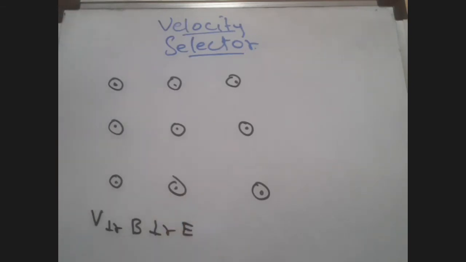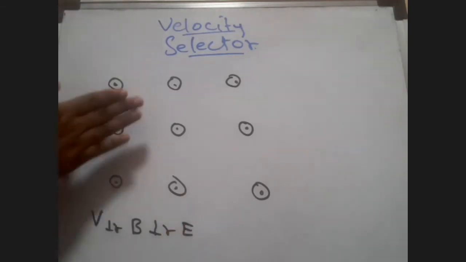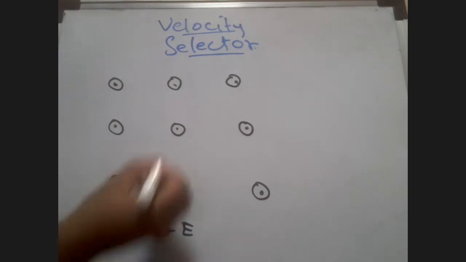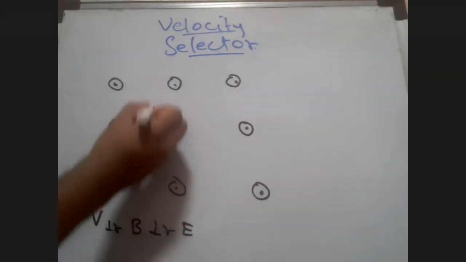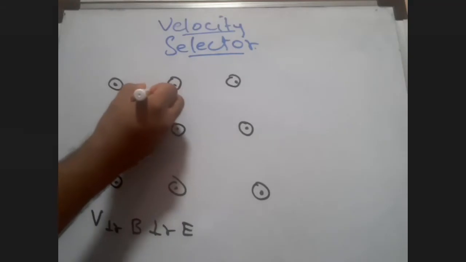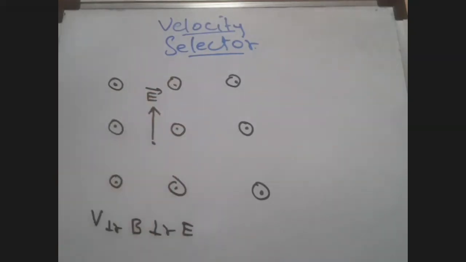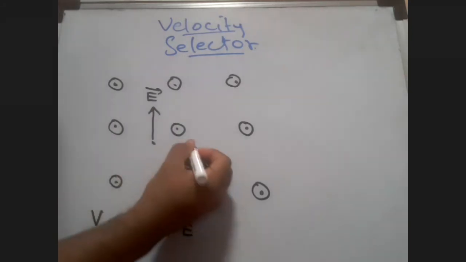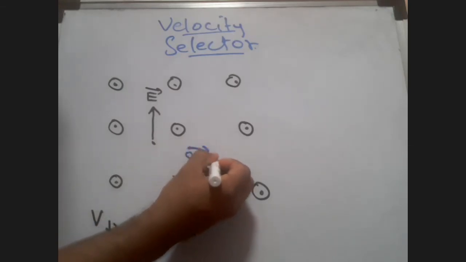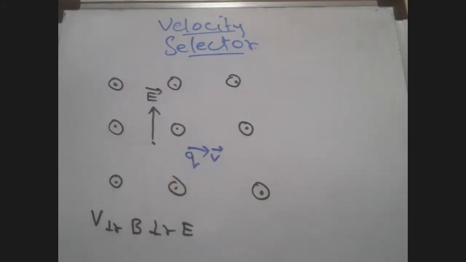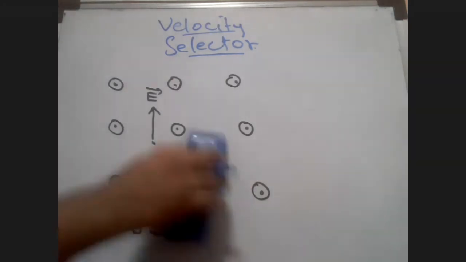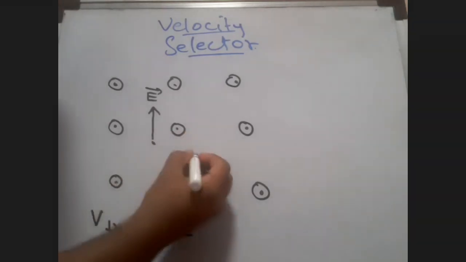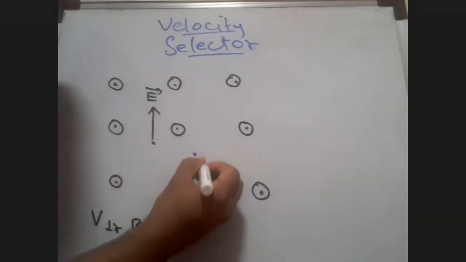So if this is the case, students, let's also assume that since the magnetic field is coming towards you, I will take the electric field to be in the upward direction. No problem. They are perpendicular to each other. Fine. Now I take a charge Q here, and I flick it with some velocity V. Let me make that properly.